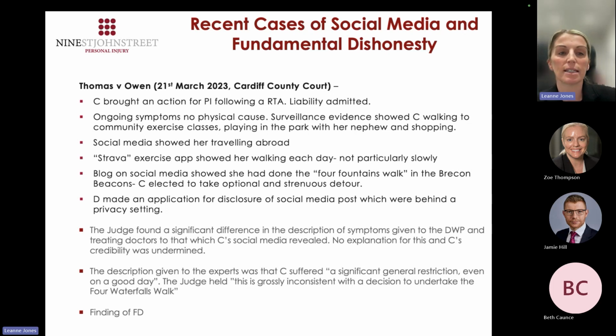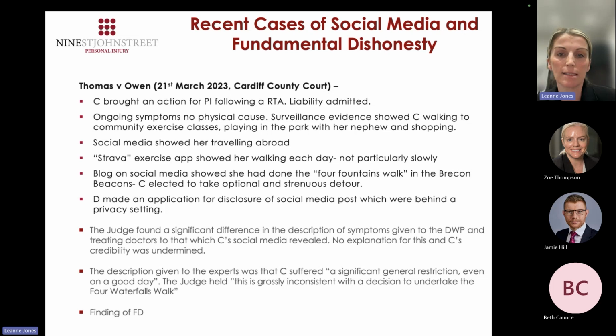Another recent decision is that of Thomas and Owen. It's a Cardiff County Court decision. Claimant brought a PI claim following a road traffic accident, liability admitted, ongoing symptoms with no physical cause. Defendant got surveillance evidence showing the claimant walking to community exercise classes, playing in the park with her nephew and shopping. Social media showed her travelling abroad, and her Strava exercise app showed her walking each day, not at a